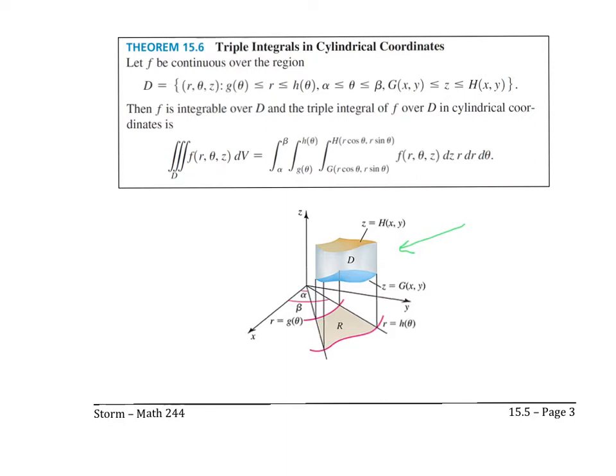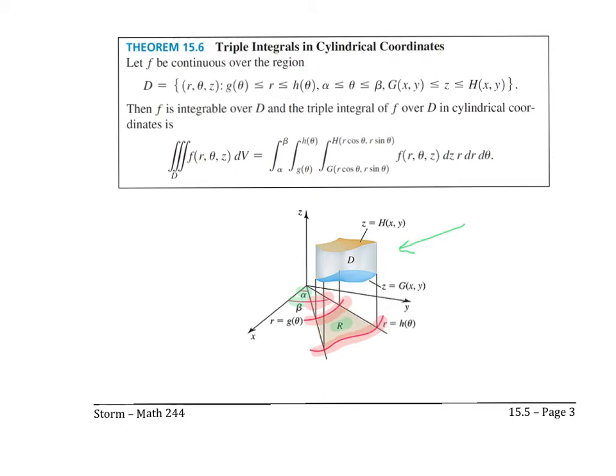So if you have any region D, you're going to look at this shadow in the xy plane, and that will give you our region R, where to describe it, you're going to go from some small theta value to some larger theta value, and that would give you this angle in between. So there's your constant thetas. Your r value can be a function of theta. So you're always looking at the outer r value minus the inner r value to ensure that that value stays